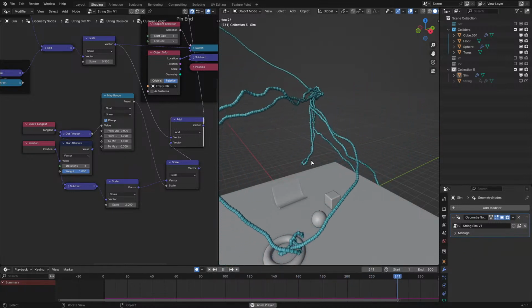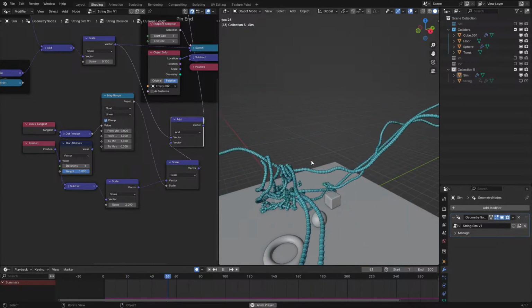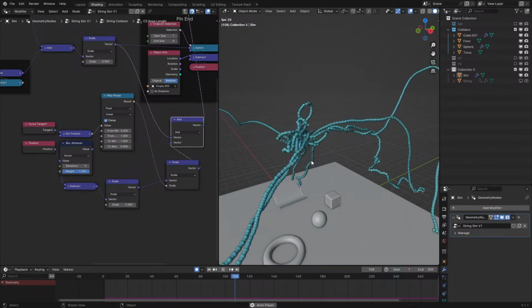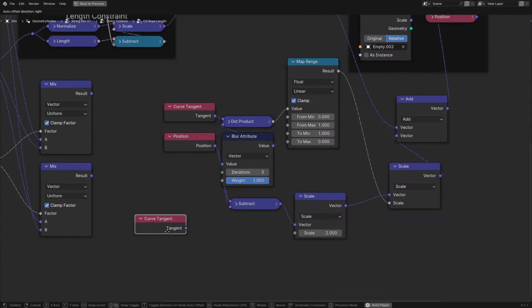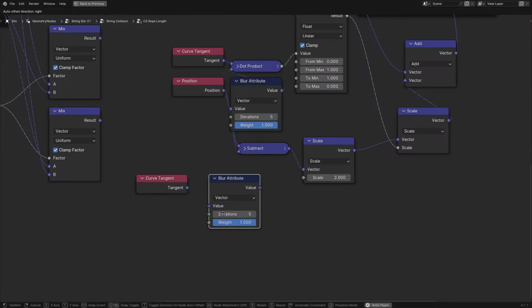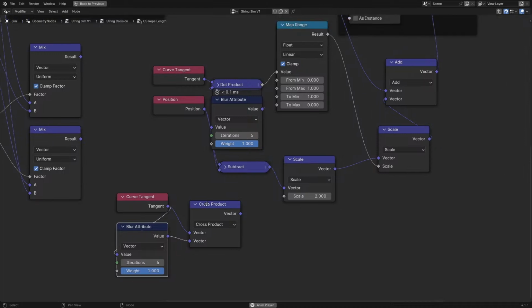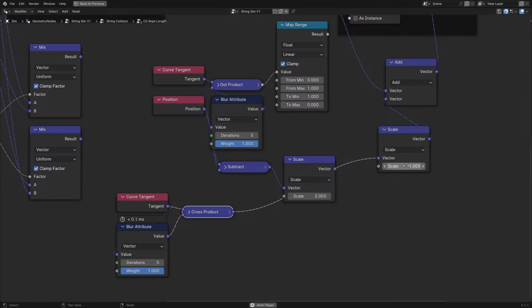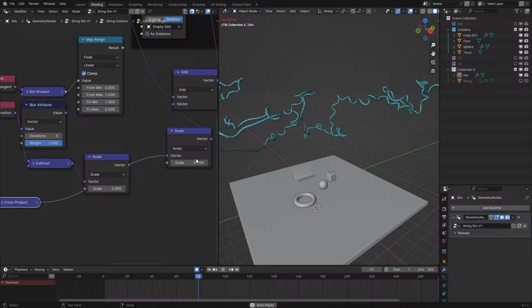I cross product the tangent by the blurred tangents. That will give me a normal vector. Or that will give me a vector that should straighten it out. So, no, I was kind of correct. Potentially. So if we have that and then cross product it, a cross product gives you basically the tangent rotated by 90 degrees, which will give us a normal, and then the normal should be possibly in the correct way. Then 0.1. So here we can see it's trying to